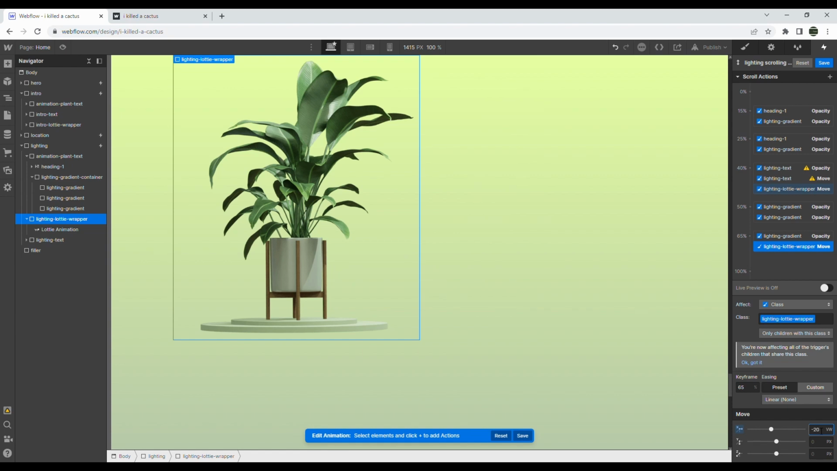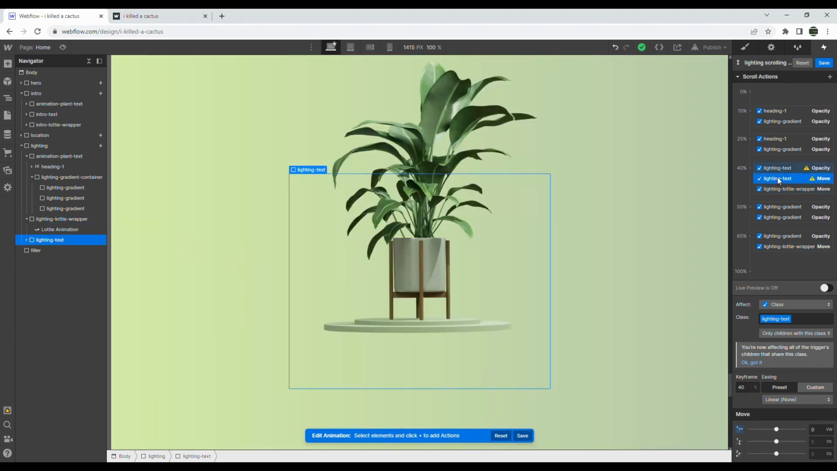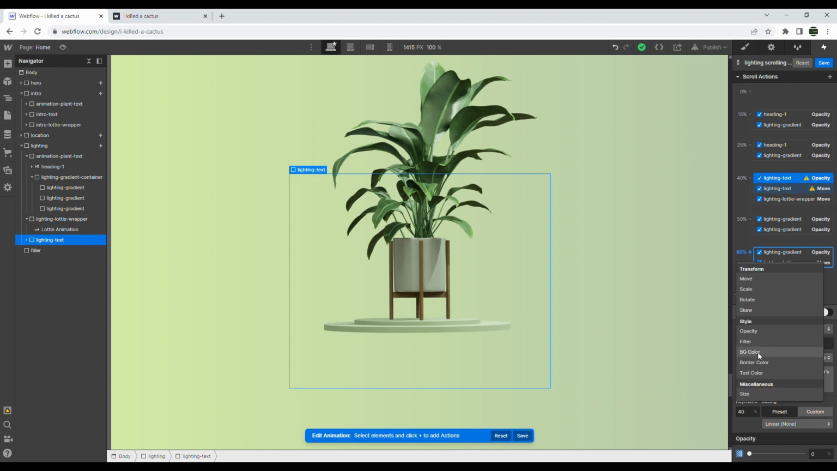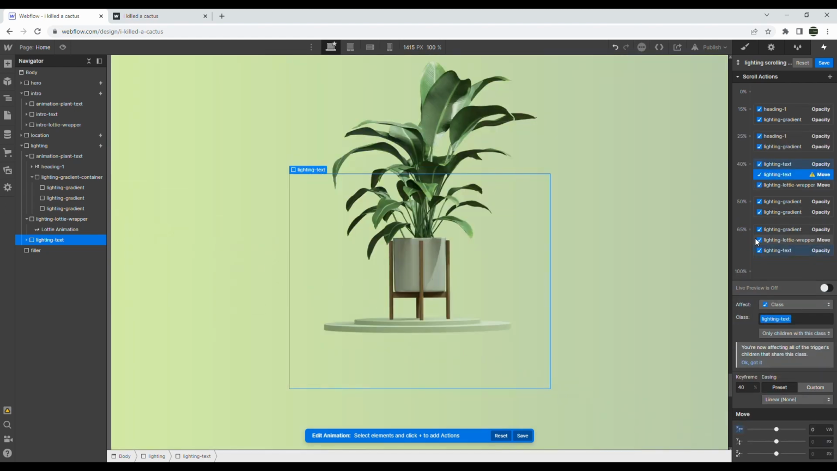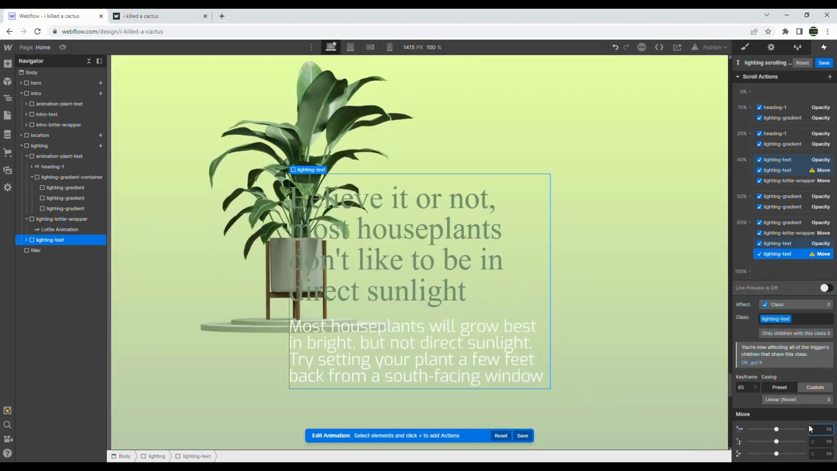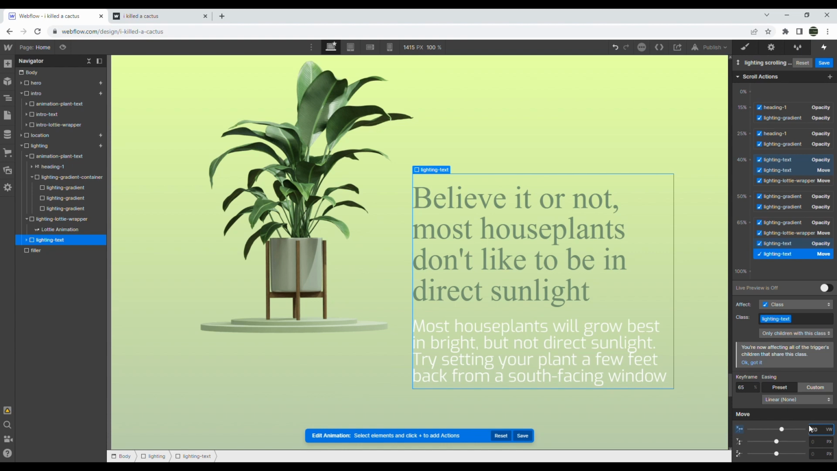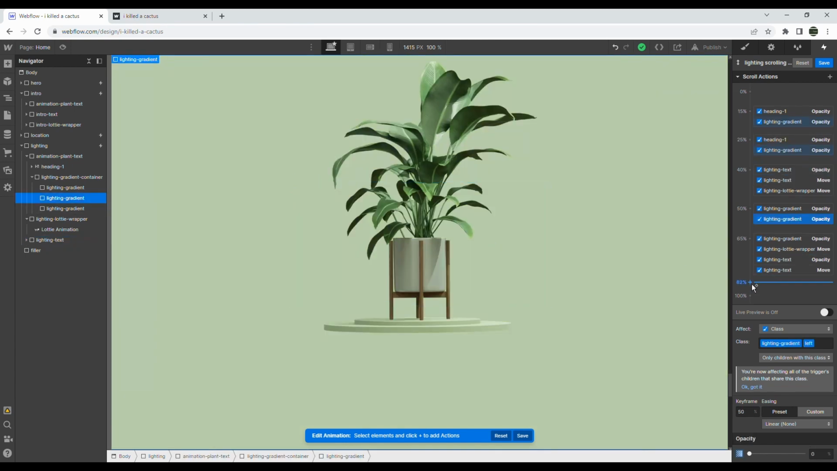And then I want to grab the lighting text that we have here, give that an opacity of 100%, so it's finally animated in, and then also move it 20 VW to the right, like that. And then I'm going to grab, finally, I believe our last lighting gradient, and at